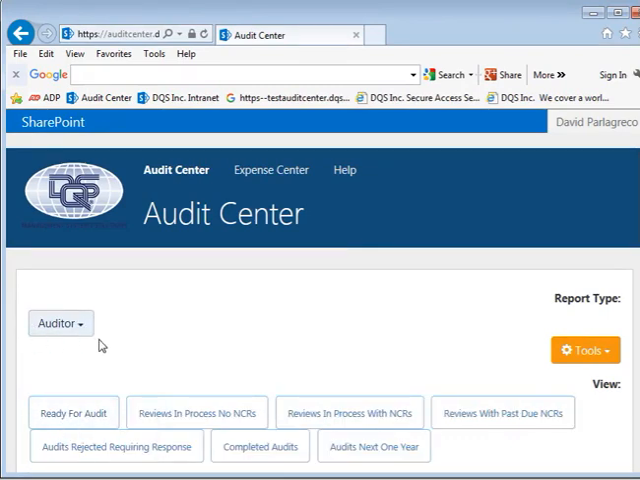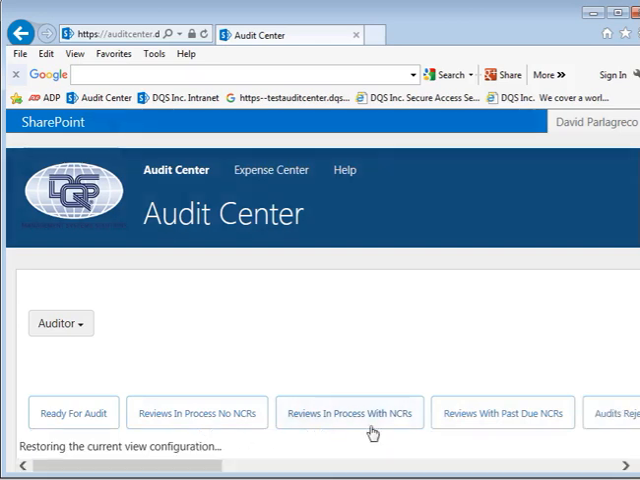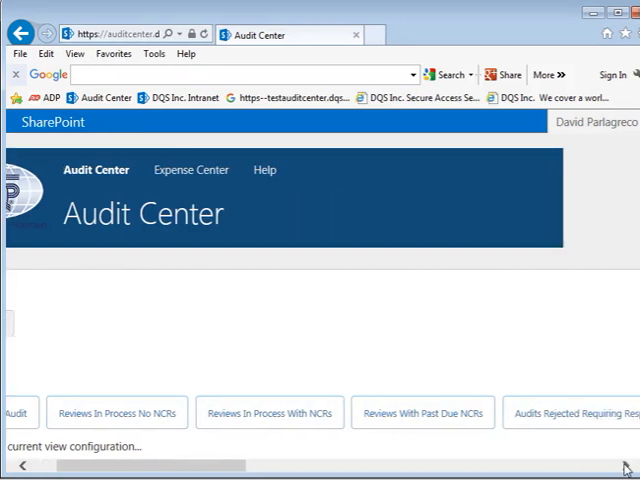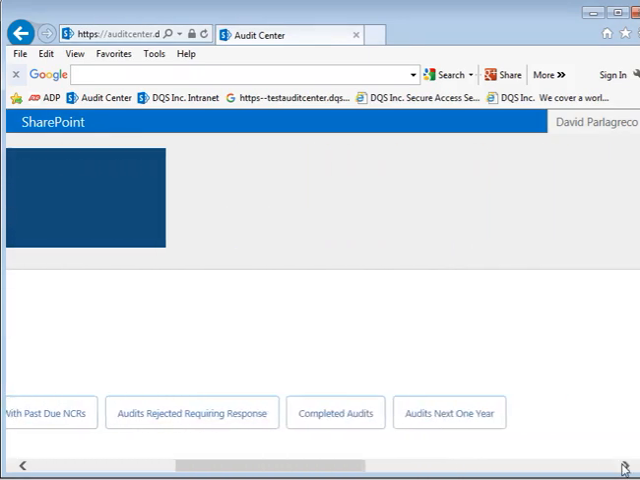You will only have limited roles. You probably have Auditor and nothing much more than that. These are the jobs that are ready for audit. There's also some tabs here for things about in-process review of NCRs and NCRs that are past due to help you manage the corrective actions. Over here